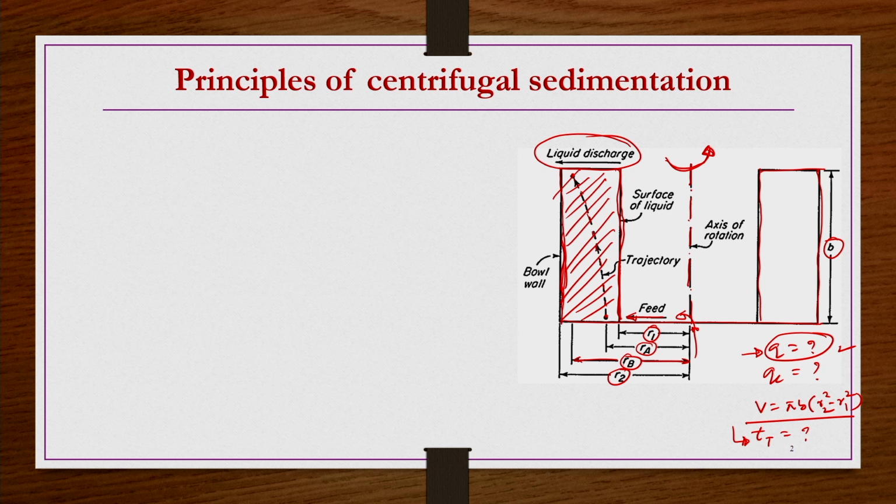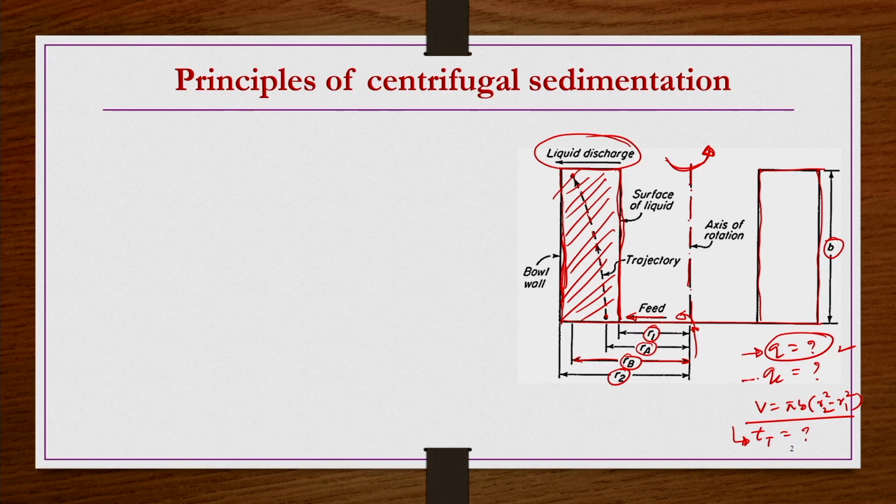It is not that if you provide a certain flow rate, all the particles will be separated, because the liquid has particles of a very wide size distribution. Not all the particles present in the liquid that we are going to separate by centrifugation will have a uniform size and shape. So, different shapes and different sizes would be there. Based on the size distribution, we will also find out the cut diameter of the particles, right.